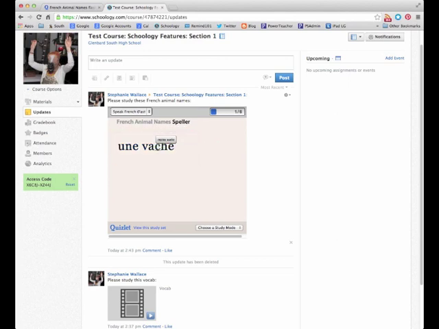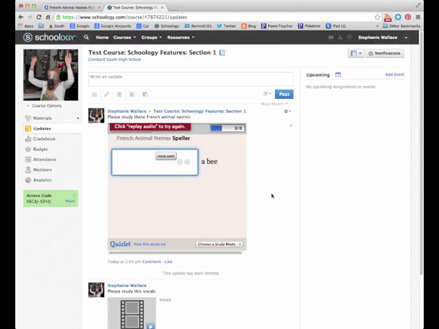If you make a mistake, you'll be corrected, and then you'll be asked to do it again. So these tools are really self-assessments for the students. They're formative. They're meant for them to practice. You can embed them right into Schoology, which is really nice. But if you want to gather maybe some more information from your students about how well they're doing, you're going